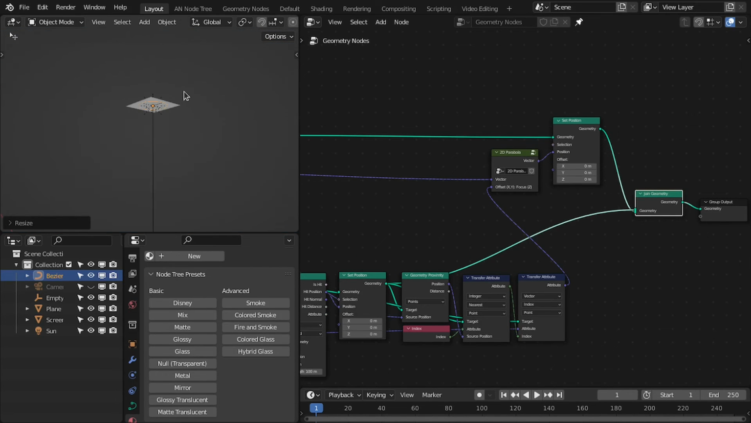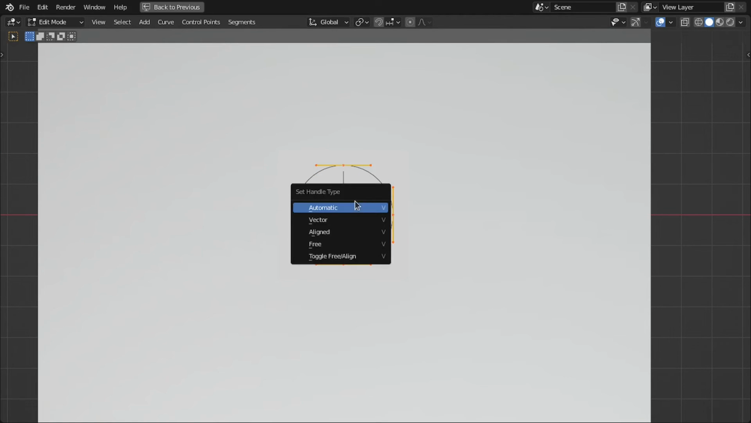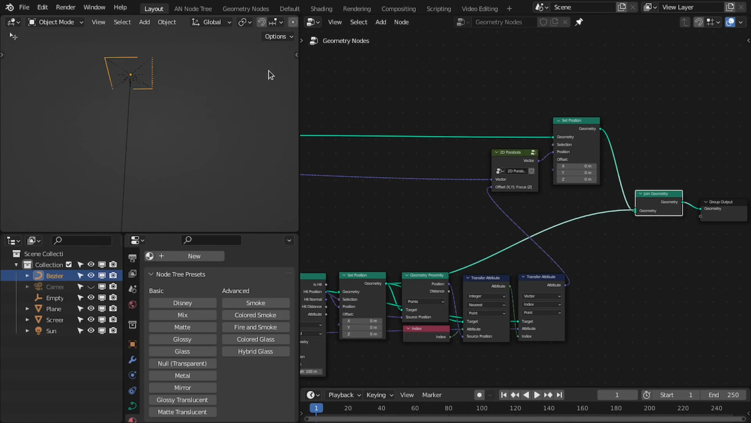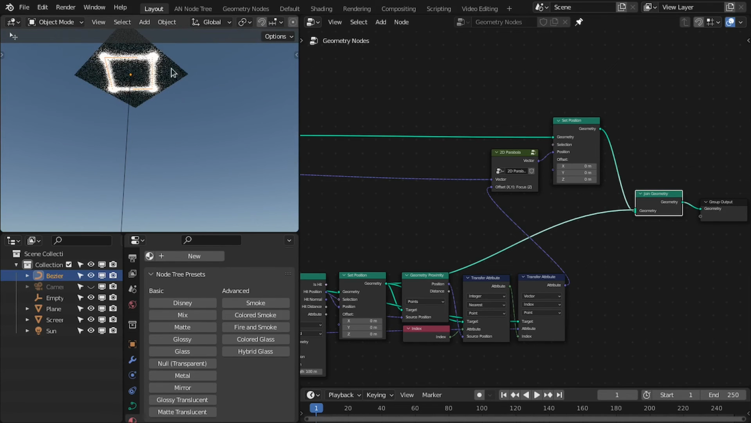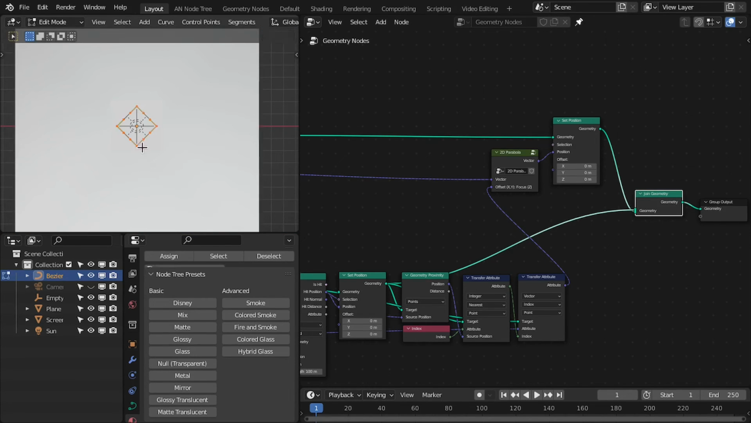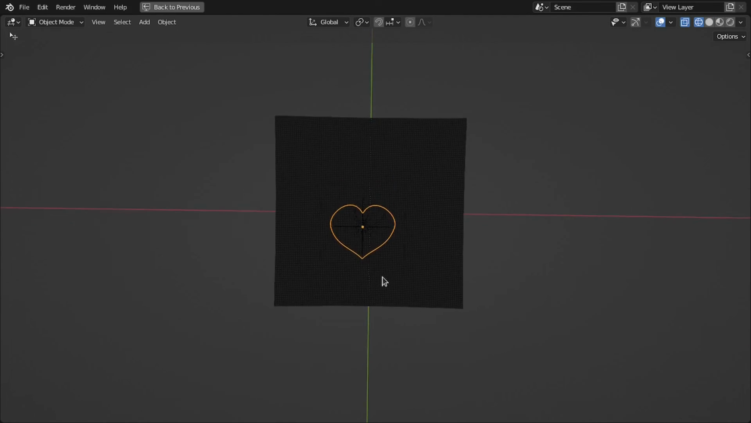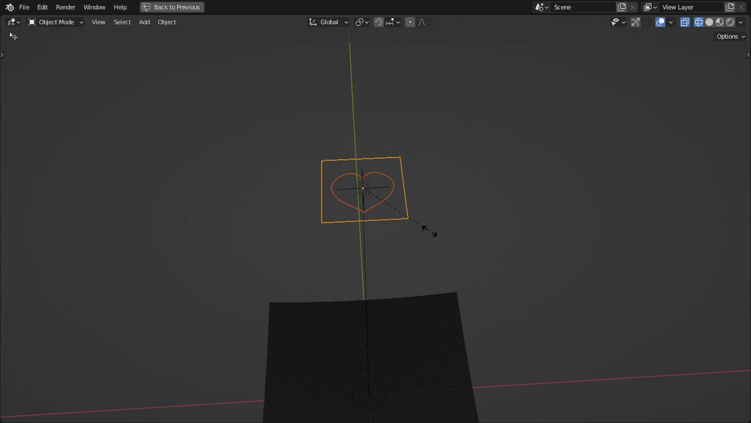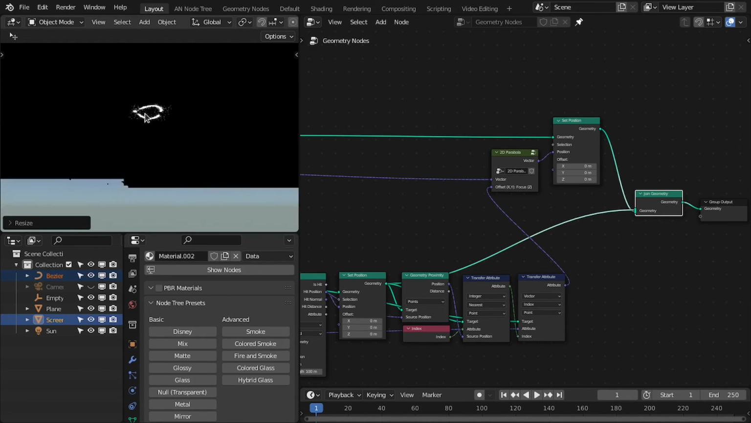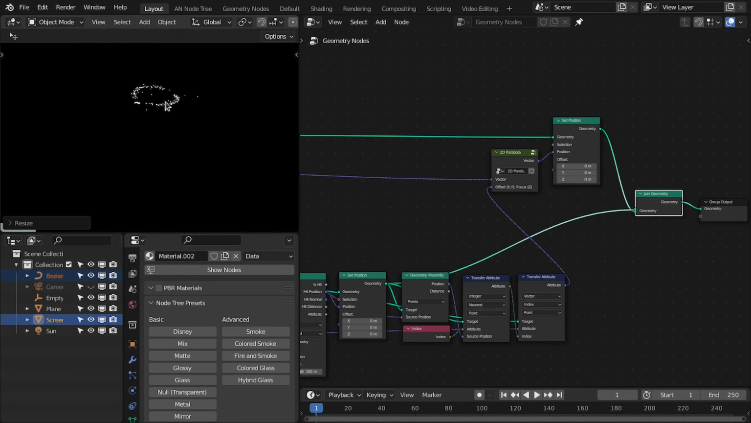And now if I change this circle to something like a square, let me change this to vector. Now we have a square, we have this square shape of the caustics. And if we change this to something like a heart, let's also make it slightly bigger. Now if we go to the render view, you can see the shape is something like a heart, but it's not